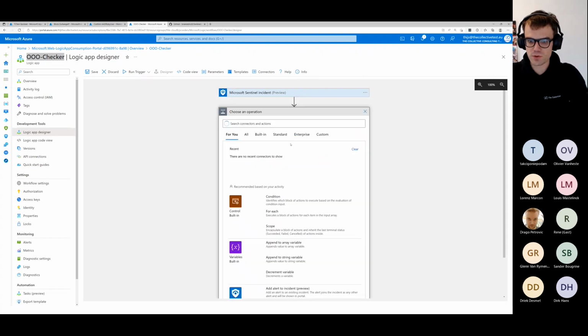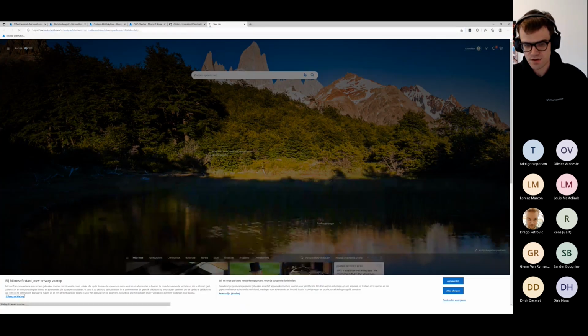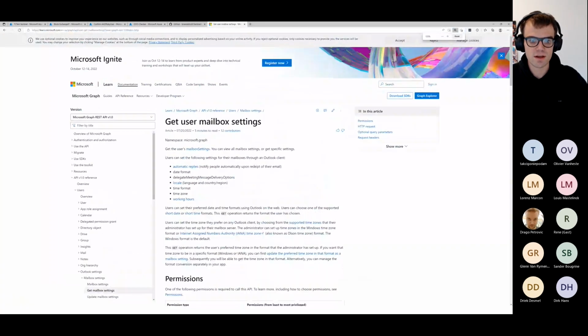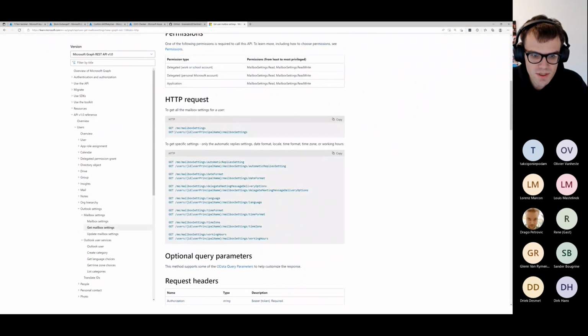The next step is, of course, we want to do that HTTP call. And I need to look into my notes and see what API call we exactly need, because I have forgotten that one. So I will paste the docs. So right here, these are the Microsoft docs, and we can see we have get user mailbox settings, which also includes automatic replies. So we can see what we need to do is we can use a simple GET and use the UPN of the user to get those automatic replies. So I will copy this,